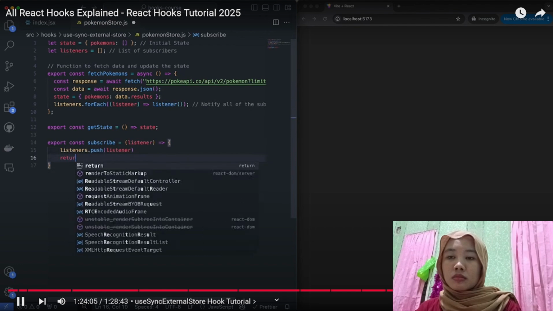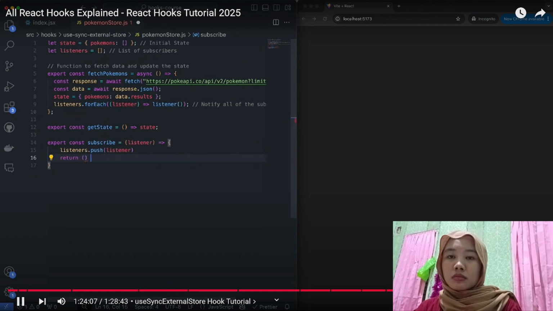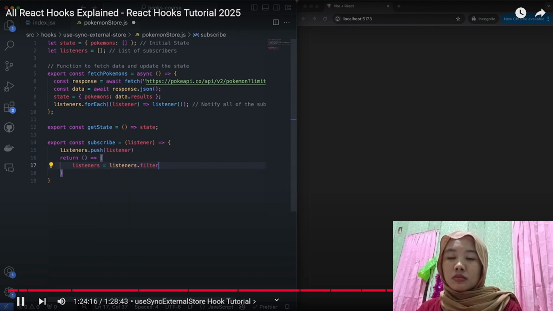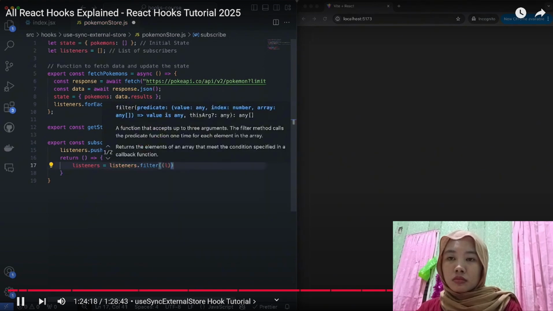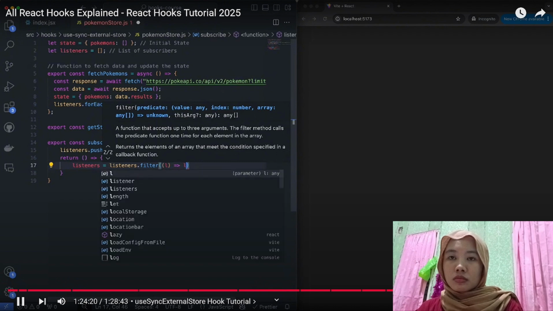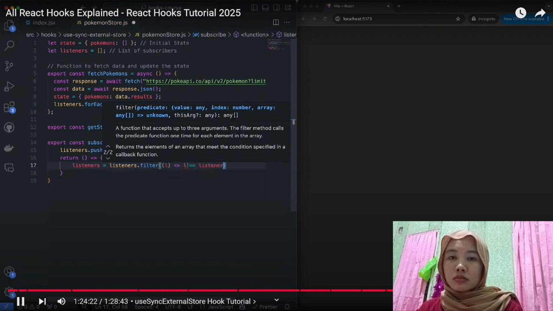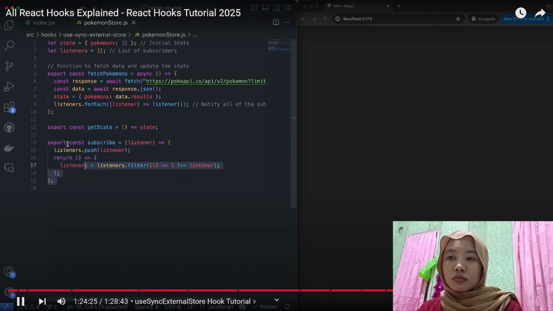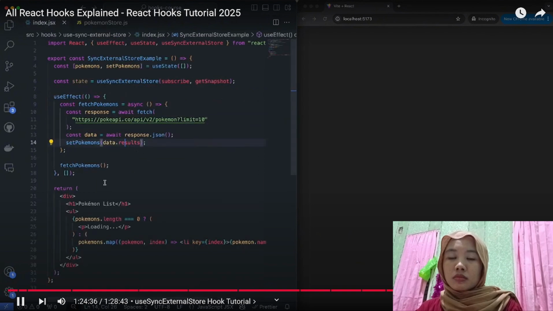And then when we finish this, we also want to clean this up and return back a function where I say listeners is equal to listeners dot filter, and we'll just filter out if the listener is already there. So I'll say L is not equal to listener. This is just some logic to keep it clean. I know it's a bit confusing, I recognize that, but this is a very common pattern that you might see when creating a store like this, and it makes it very easy